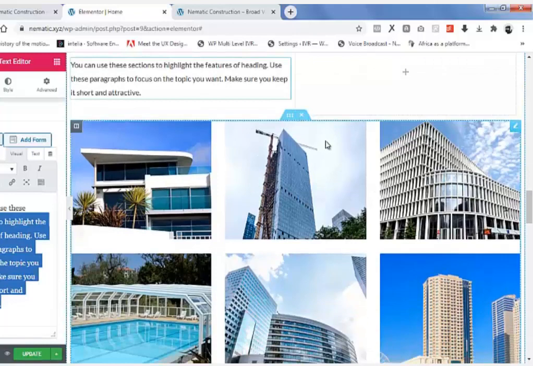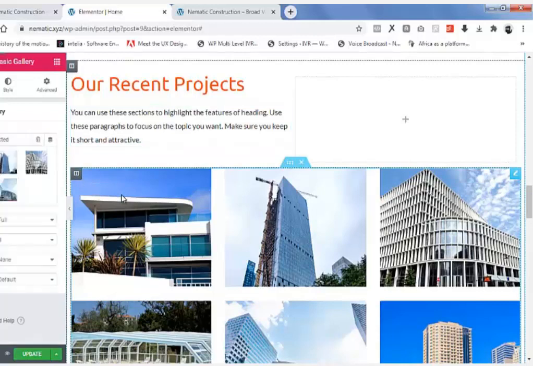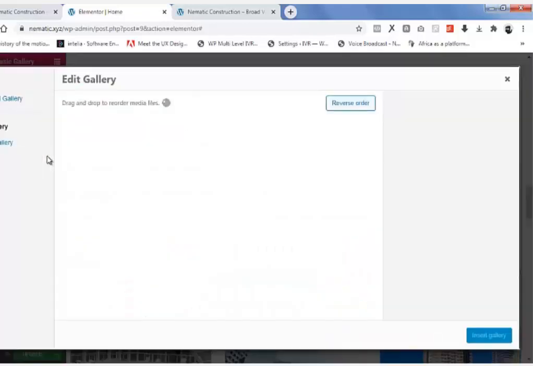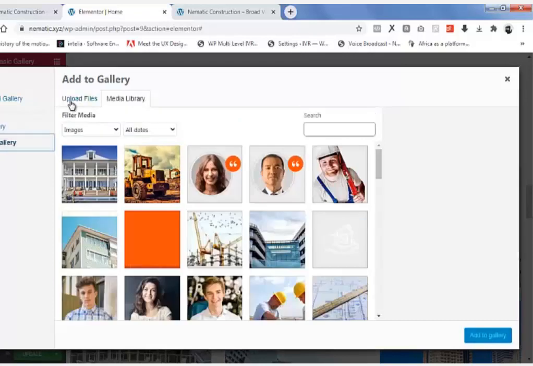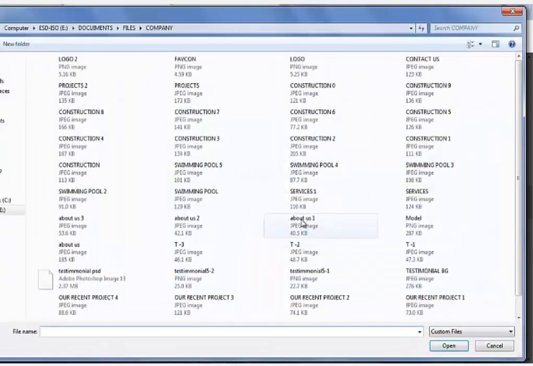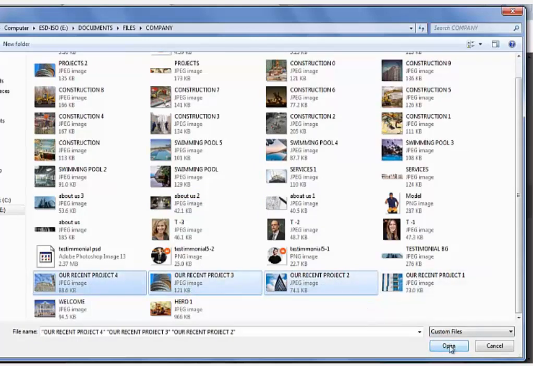So here we have some pictures, so we're going to be clicking on each of them. So I'm going to click on this one first. So here we have 6 images selected, so I'm going to click on this pencil icon over here. Okay, so here they're asking us to add to gallery, so I'm going to add to gallery. So I head over to upload files, then select files. Okay, so here we're going to be using this our recent project, so I'm just going to add 3, this, and this. So anyone you want to add, you can just add it here. So I'm going to click on open.